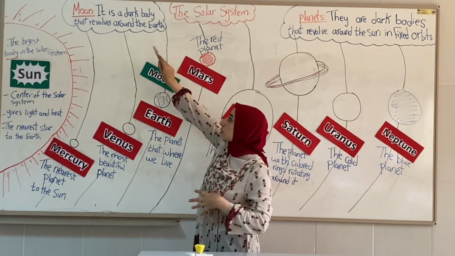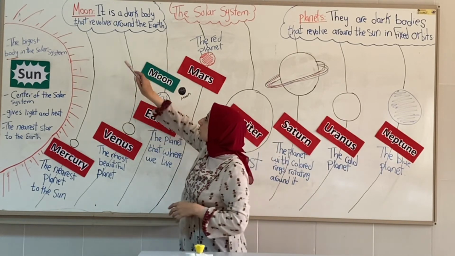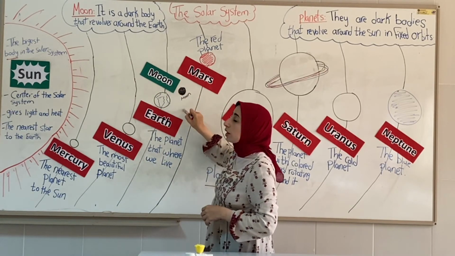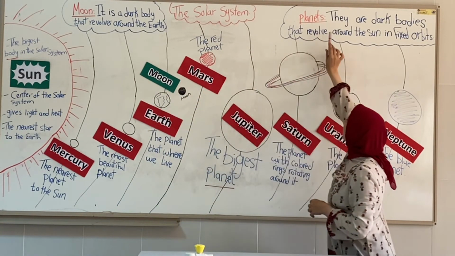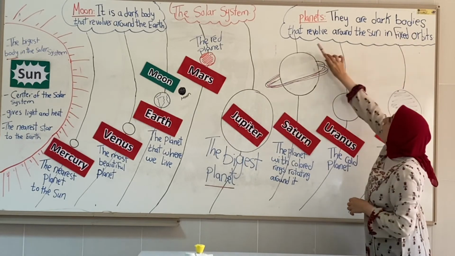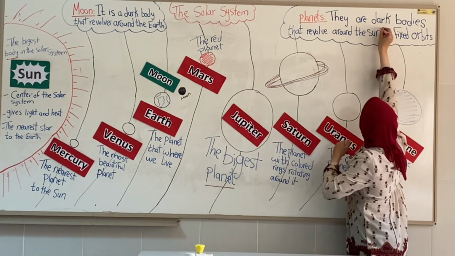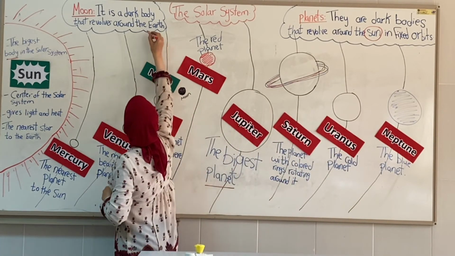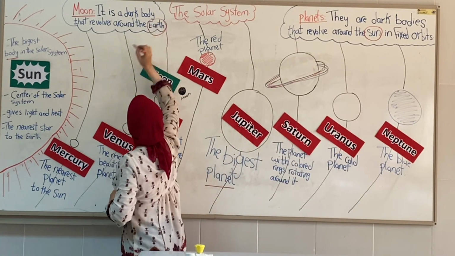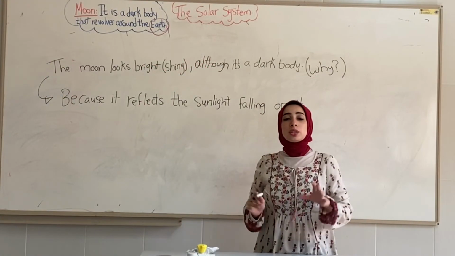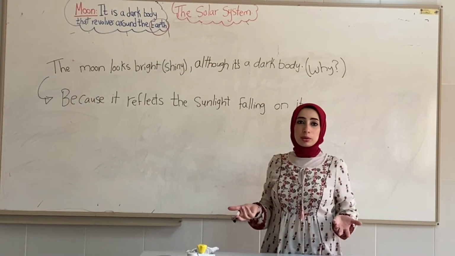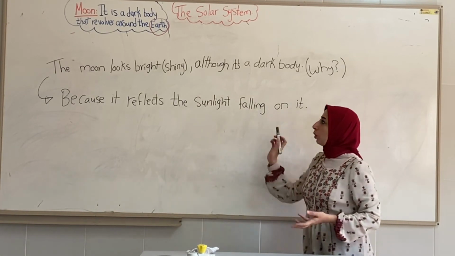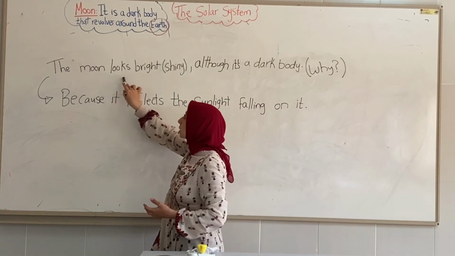Now we are going to talk about the Moon. The Moon is a dark body that revolves around the Earth. We said the planets are dark bodies that revolve around the Sun, but the Moon is a dark body that revolves around the Earth. Okay, so we said the Moon is a dark body. So why do we see the Moon bright at night? Okay, I have a question. The Moon looks bright, shiny